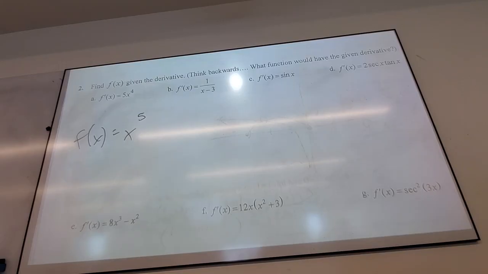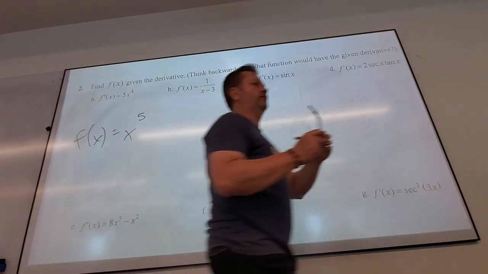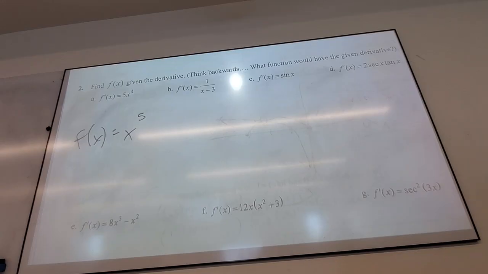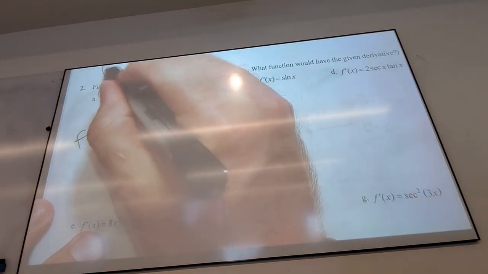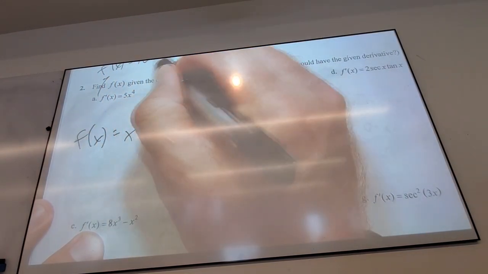Why do you say that was easy? Because you just pop the one. Power rule is a relatively easy rule. It's very simple, and the 5 just goes back up. So let me make one modification that will help us out with something coming up. What if the problem would have been this instead? F prime is 10 x to the 4th.